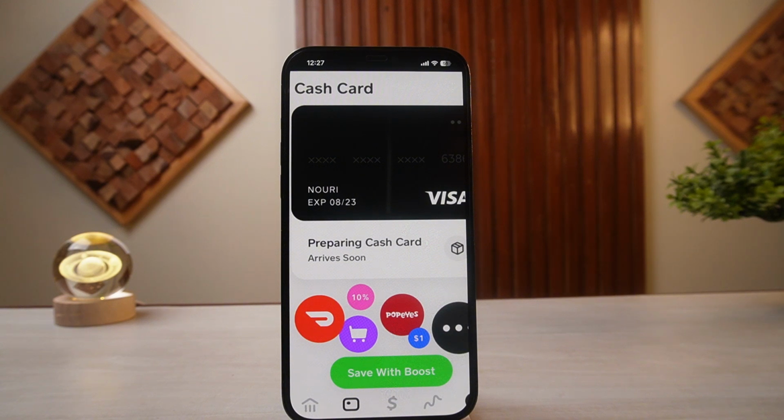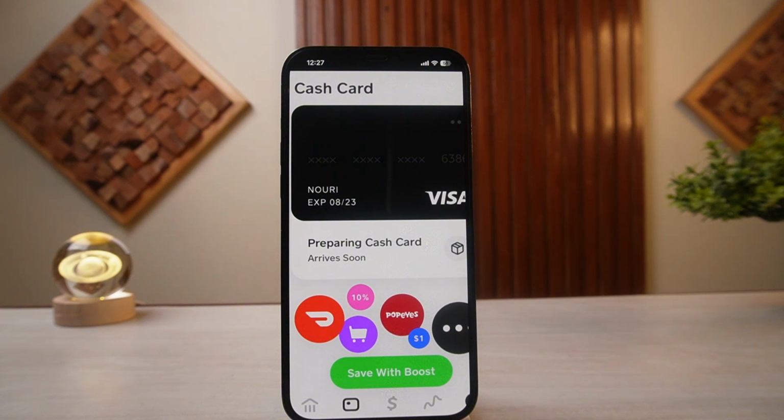grocery chains, right? So in order to activate your boost, what you're gonna do is tap on the merchant deal you plan to use and then read the fine print, which would be minimum spend or expiration parameters. So in there, what you're going to do is add or activate the boost, and now you'll be able to